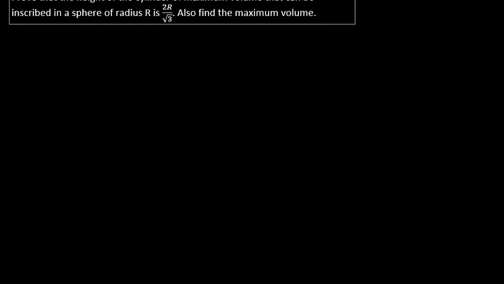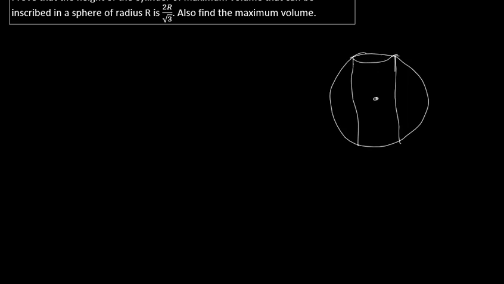Now there is a sphere. So a sphere is something like this. Okay, this is 3-dimensional. We are showing 2-dimensional here. And in this we are going to inscribe one cylinder. So one cylinder we will inscribe like this. Okay, here suppose the center. This is a cylinder which is inscribed in some sphere, right?